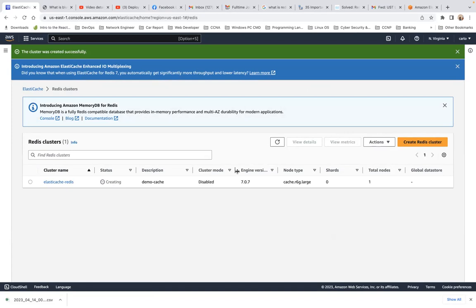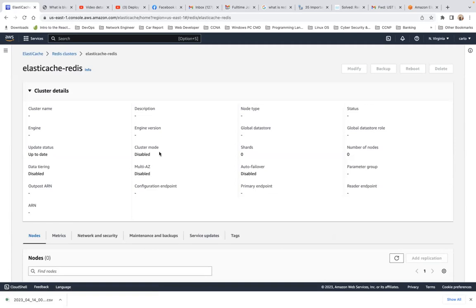I could actually use the primary endpoint, but there's no easy way for me to show you how to connect to a Redis cache, because it's not that easy. You need to actually write some code, and that would be too complicated. But from an AWS perspective, from this console, you can see all the details